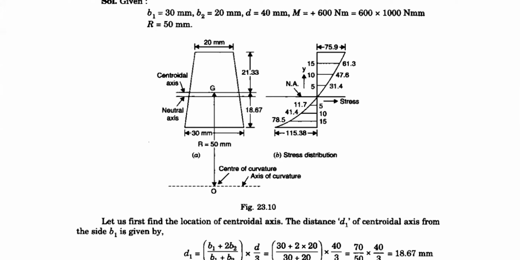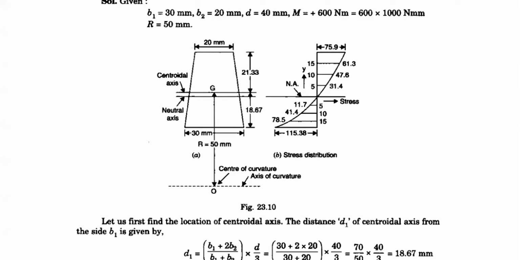Please find the position of neutral axis for the trapezoidal section. So please go back to your trapezoidal section derivation of h square. I already mentioned the equation number also. It is somewhat 23 point something. Yeah, 23.7 on page number 14. So try to find out the position of neutral axis.